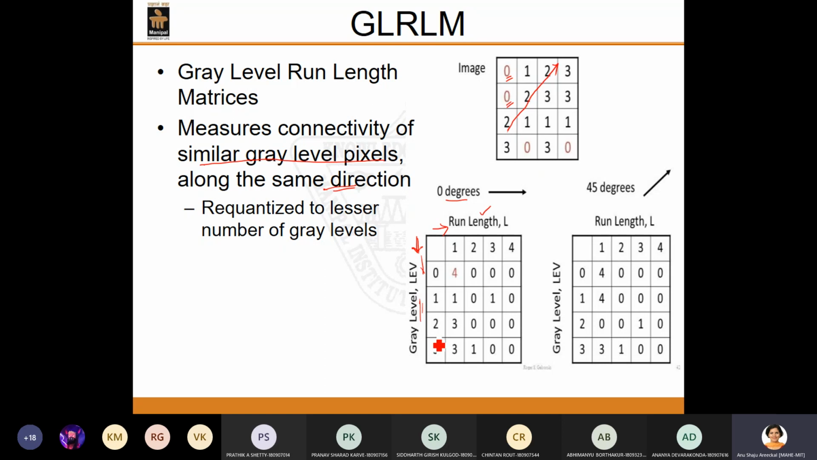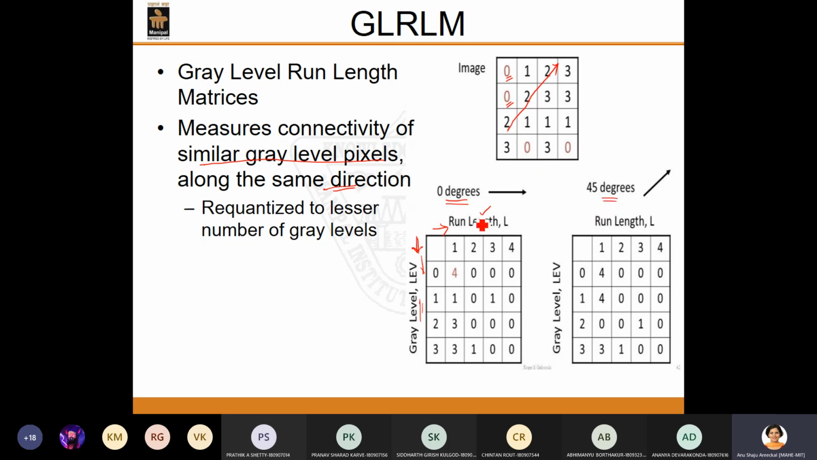So if you are taking an 8-bit image, again you'll have 256 gray level intensities, possible intensities, right? And therefore you'll have that many entries in the rows, or that many rows over here. So that would be quite a large matrix, right? And run length means how many times it occurs together. So it would depend upon the image how many pixels would be adjacent together. And like this, we will calculate not just for one direction, we also calculate for different directions, 45-degree, 90-degree,